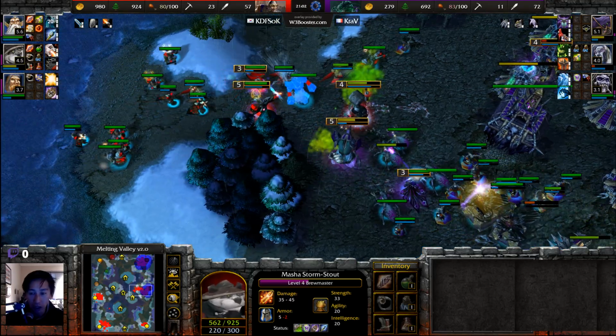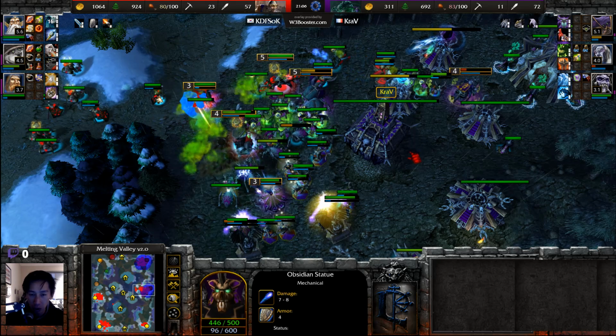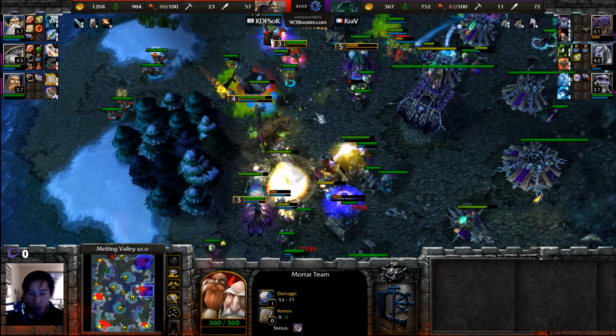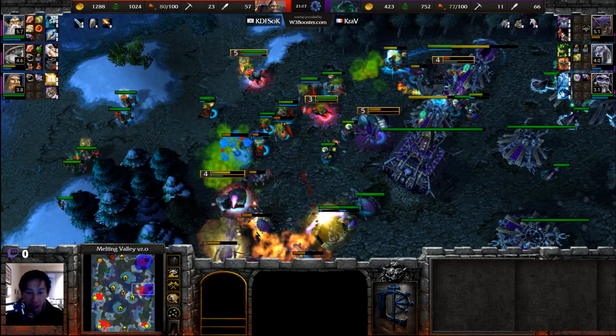Mortar teams have joined in on the battle as well. There's some more damage. Death Knight purposely staying back. He needs to get closer to the Obsidian Statue, and here we are. A whole bunch of Skeletal Mages have joined in on the fight here. Sok easily transitioning to deal with this Skeletal Mage army and maybe able to clean things up here, as the